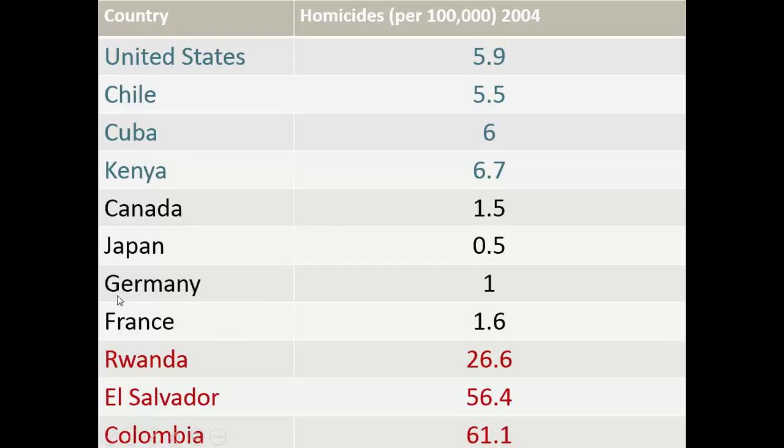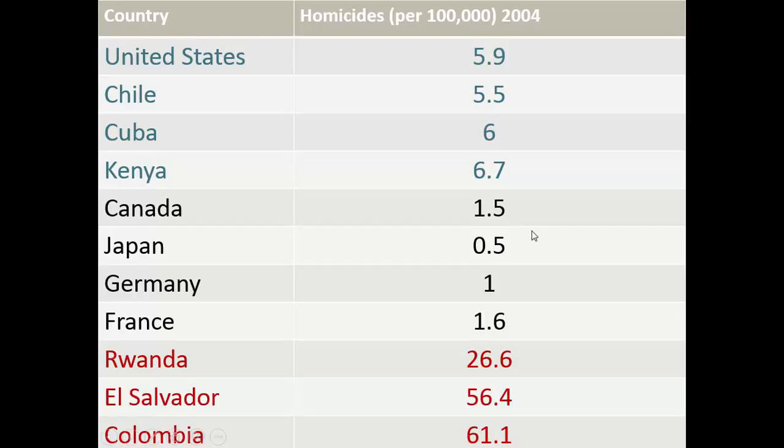Here's an example with our usual comparisons. You look at Canada, Japan, Germany, France. These are homicides per 100,000 people. This is old data, but it's one of the last WHO studies that could be found, World Health Organization. Ours is still higher, and right now it's about 4.8. This is when it was coming down in 2004, at 5.9. But it puts us in the ballpark of countries like Chile and Cuba and Kenya, as opposed to other industrialized countries more like us, Canada and Japan.